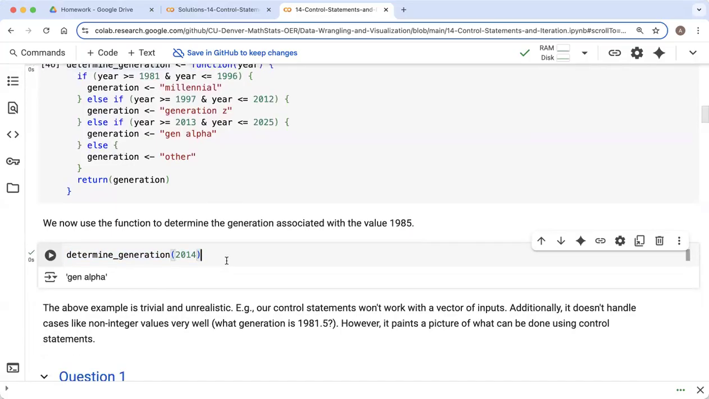It doesn't handle everything. So for example, here, if I entered a vector of years and I wanted to do them all at once, I can only do one year at a time. So we can think of other ways of streamlining this. And there's also some situations where, if someone were to enter